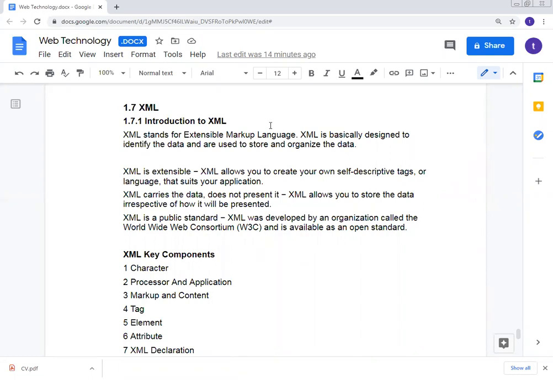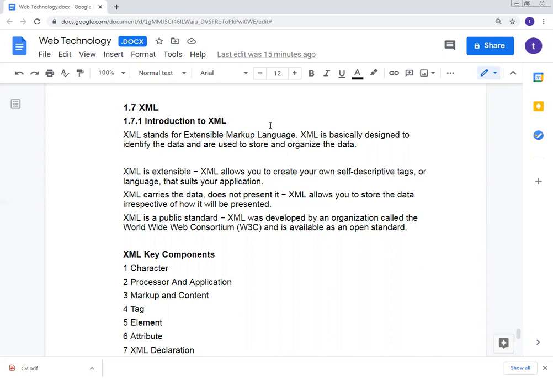In XML, it's basically designed to store and transport data. XML supports both human and machine readable data formats. It allows you to create your own tags and language that suit your application. It's easy to design and self-descriptive.